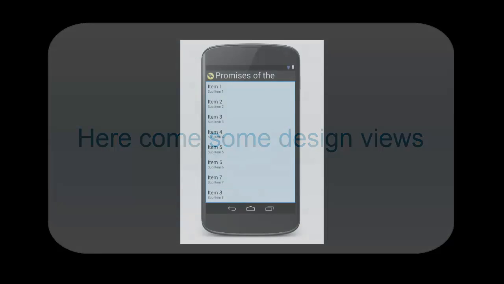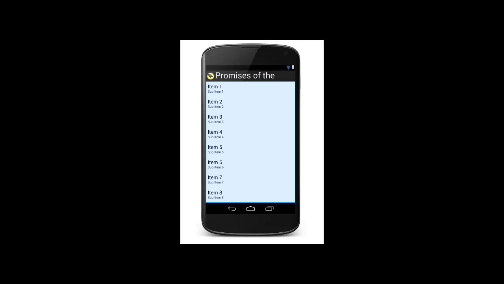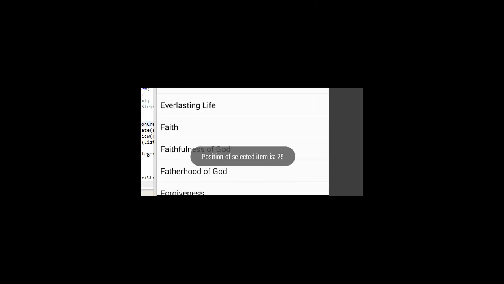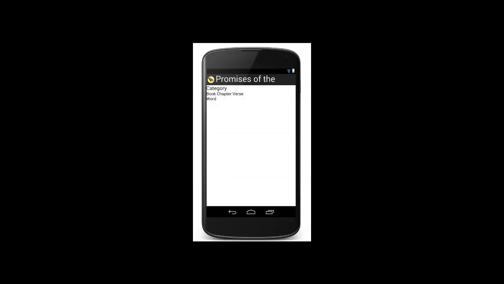This is the first design view. You don't see the entire title up there, and these are the items, and this is what it looks like, a partial list anyway. It does scroll of some of the categories, and I got the title right there. So then we went on, and we have this where I put up a toast message to know that I'm getting the correct index, the selected item index. I'm getting the correct number. So design and testing was pretty fun.